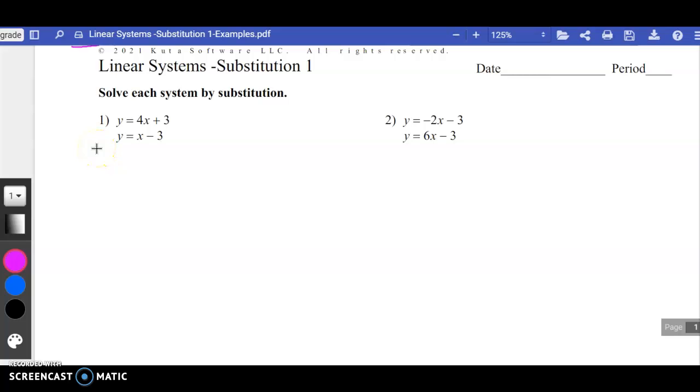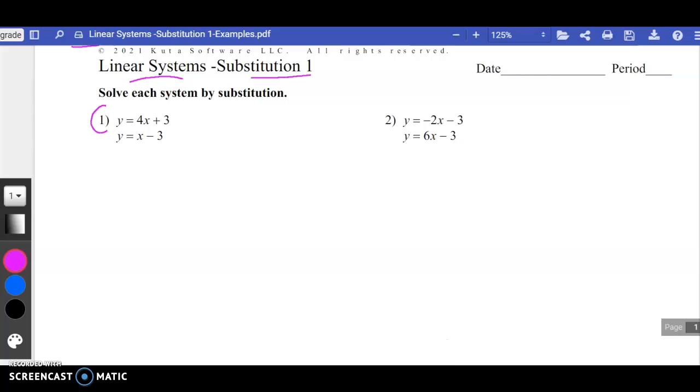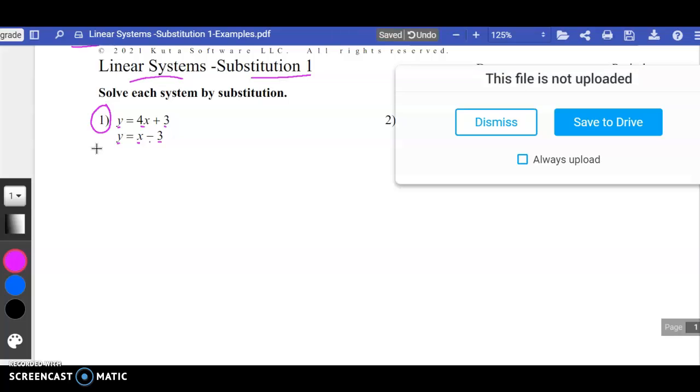Okay, here we have linear systems and substitution. Looking at some examples, I'm going to work out number 1. Here we have y equals 4x plus 3 and y equals x minus 3. I'm going to rewrite these just a little bit differently. If I have 4x plus 3 equals y, and I have y equals x minus 3,